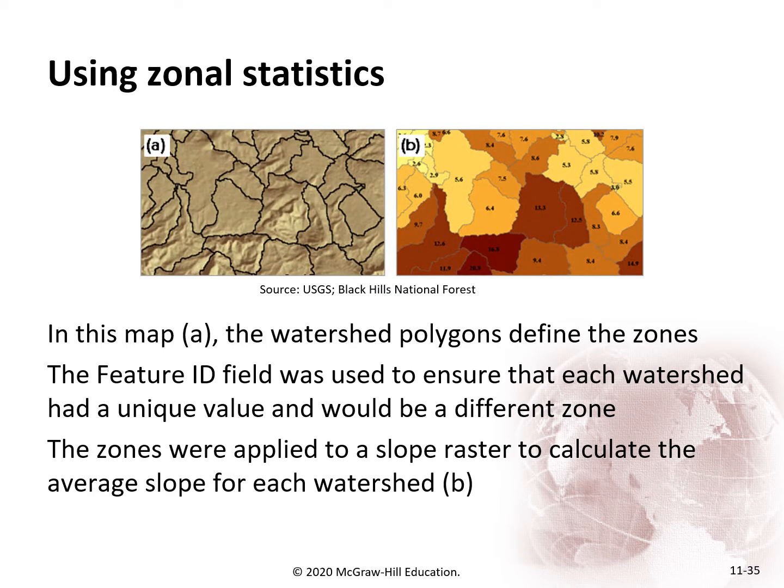So let's look at some examples here. We have zonal statistics looking at watersheds. Then we have a slope raster, and we calculate the average slope in a watershed. And somebody might say, well, why would you want to know the average slope in a watershed? What possible use could that be? Well, believe it or not,